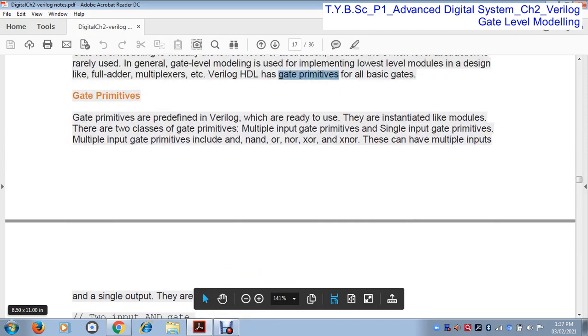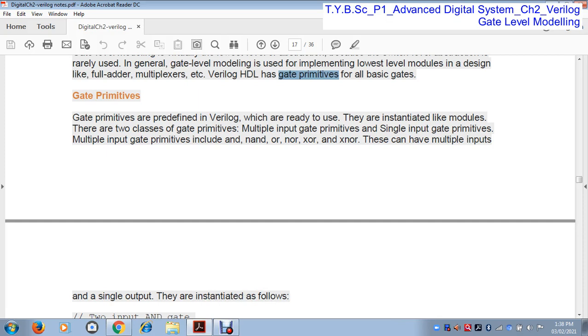Once again I repeat, in Verilog HDL all the gates, that means AND gate, OR gate, NOT gate, NOR gate, are already predefined in the Verilog library. We just call the particular gate that we want to use. There is no need to define any type of gate, it is already defined in Verilog HDL.